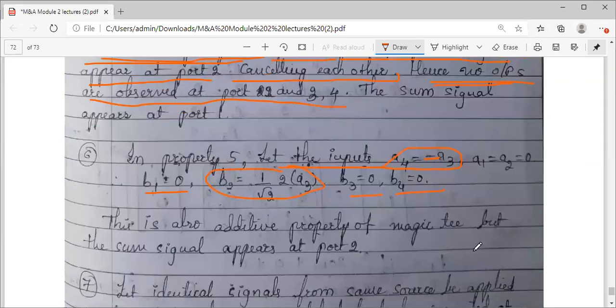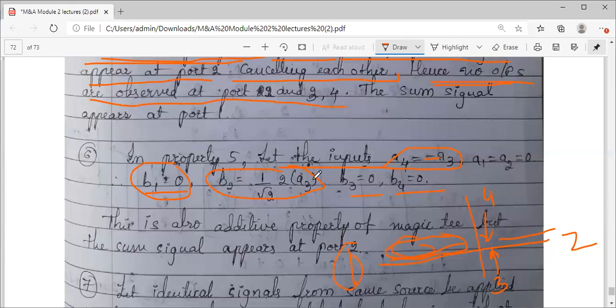So what do you mean by this? This is your port 1, port 2, port 3, port 4. I am applying the signals here, port 3 and port 4. They are identical, but there is a phase shift, 180 degrees, so negative sign है. So no doubt दोनों का component यहाँ भी जाएगा. When it enters port 1, the out of phase component comes here. So दोनों के signs negative हैं, इसीलिए they cancel each other. Hence I got nothing at port 1.